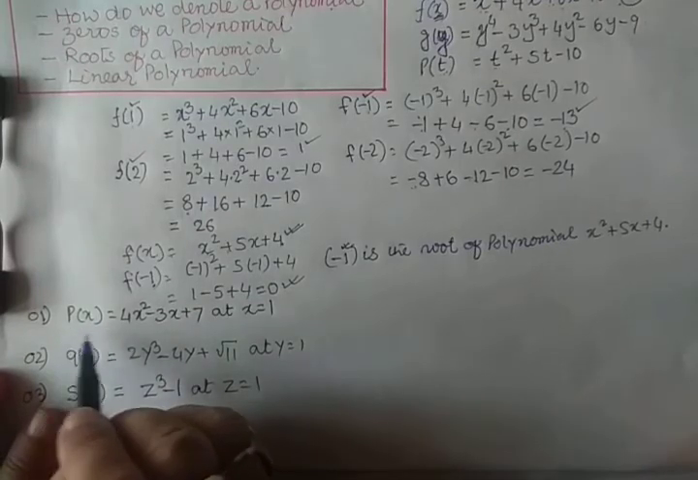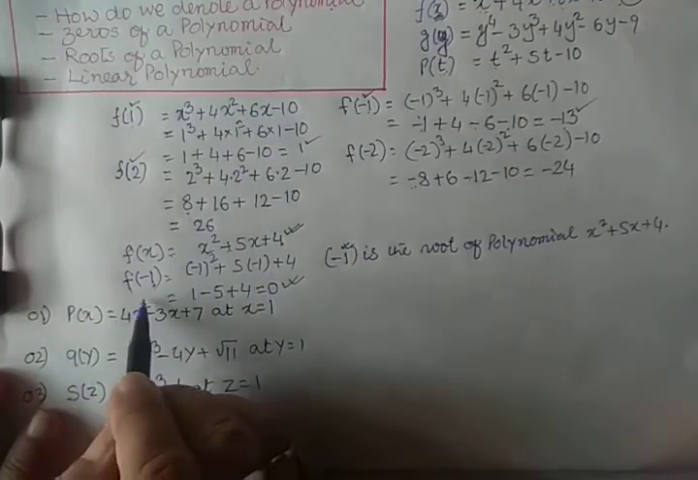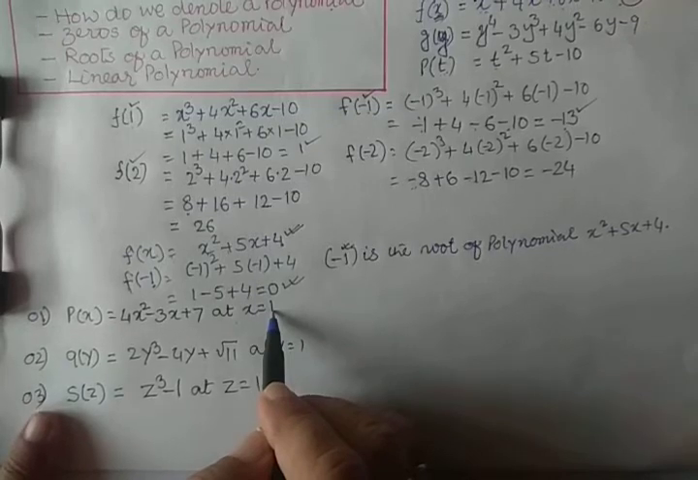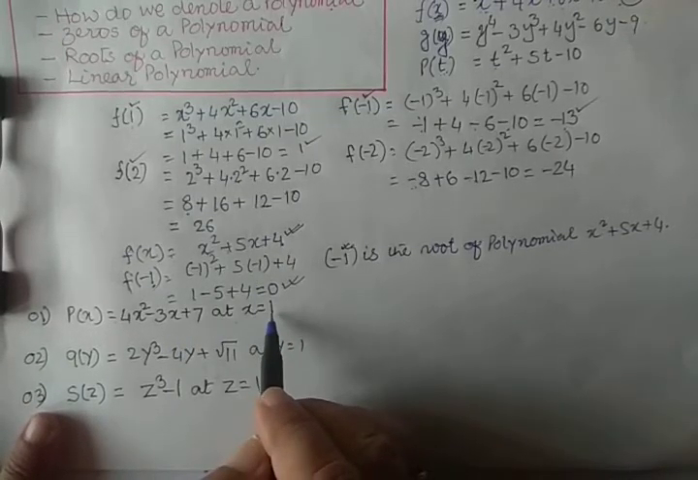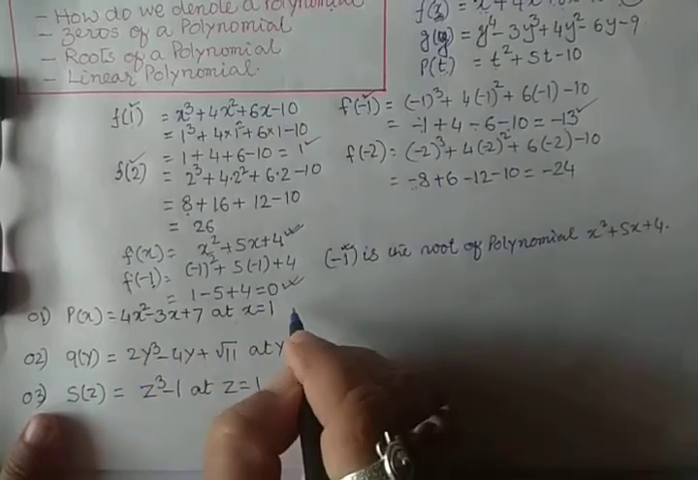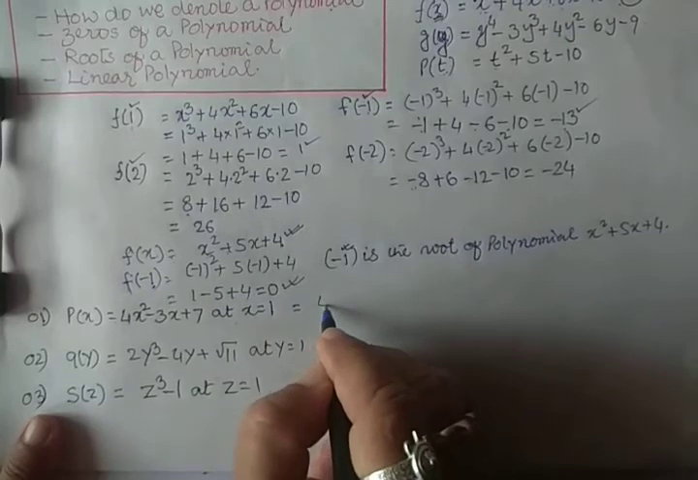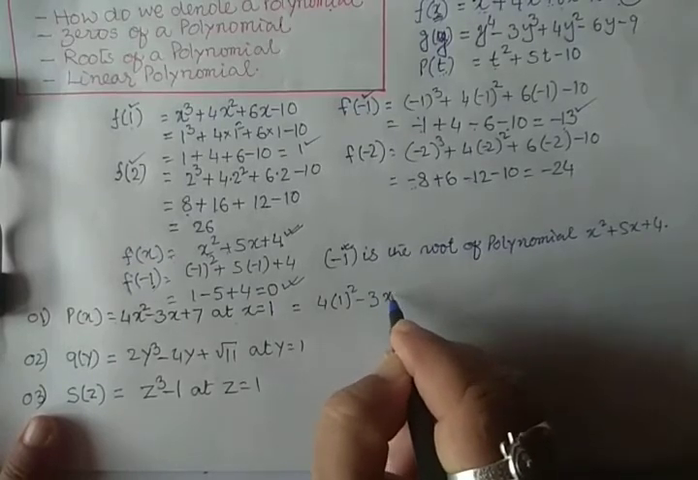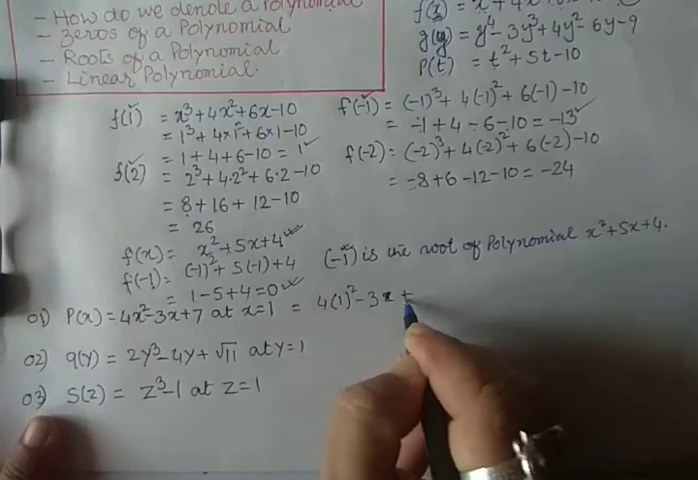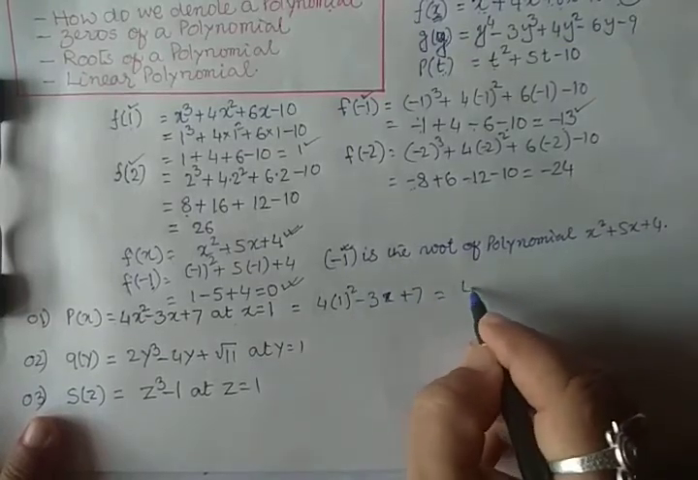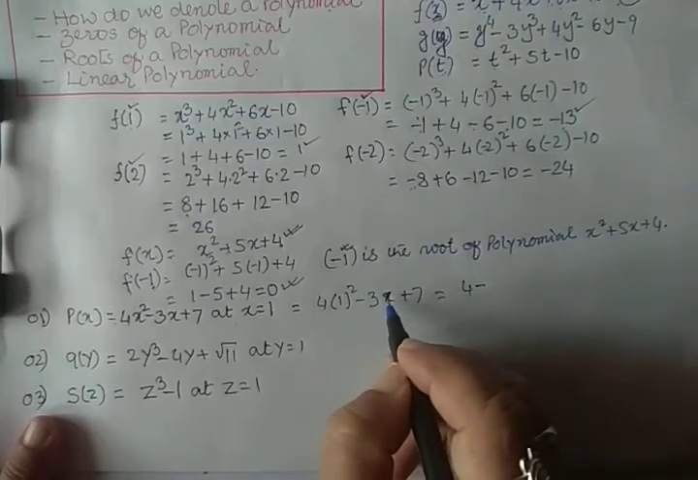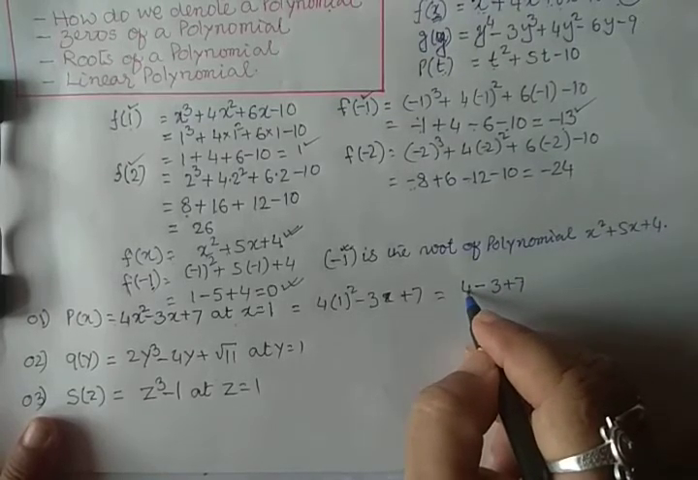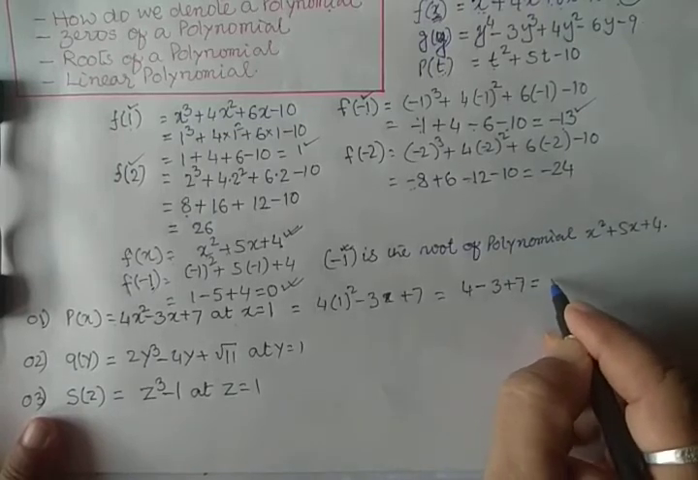Now, let us do these sums. p(x) is equal to 4x square minus 3x plus 7 at x is equal to 1. That means we have to find the output when x is equal to 1. So you give the value of x as 1. 4 into 1 square minus 3 x, x means what? 1, plus 7. 4 into 1 square means what? 4 minus 3 into 1, 3, plus 7. 7 plus 4, 11 minus 3 is equal to